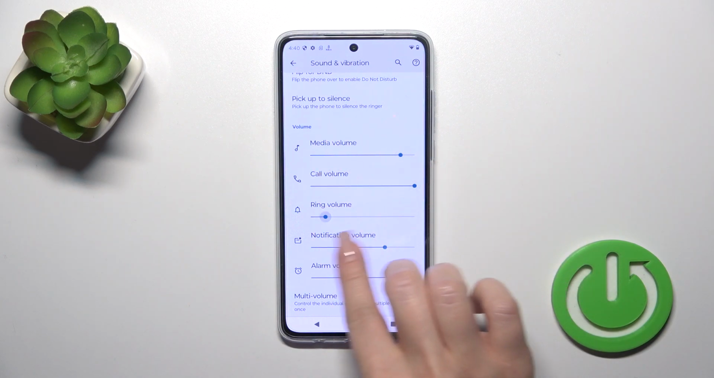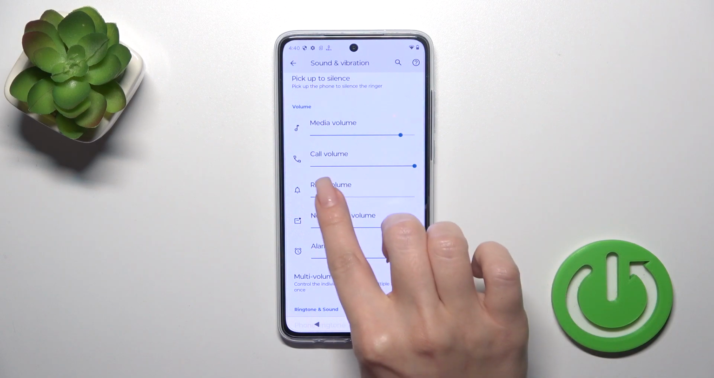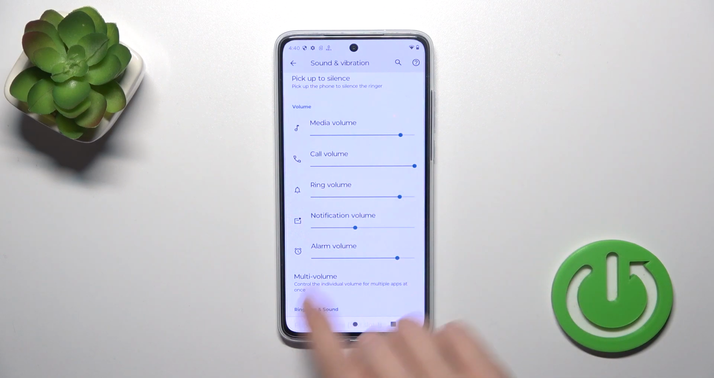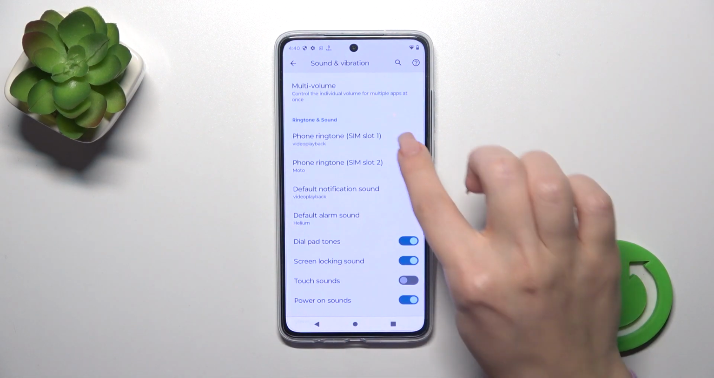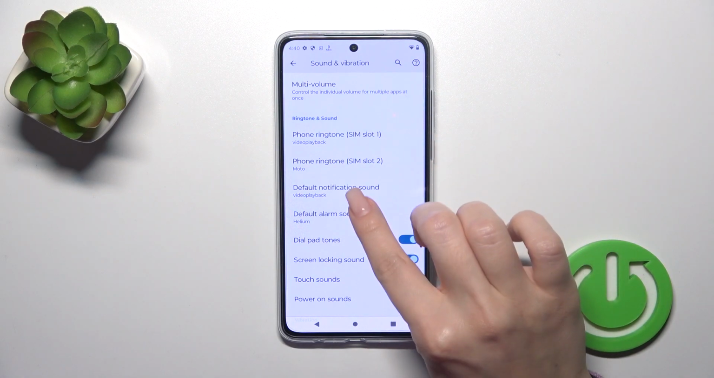So to change the volumes we should slide to the left or to the right side these dots on each of the volume panels. We could activate or turn off the multi-volume option, to change phone ringtone, for SIM 1, SIM 2, to change